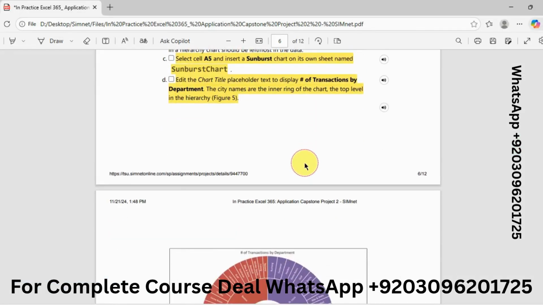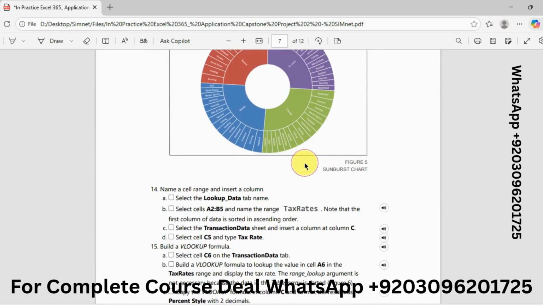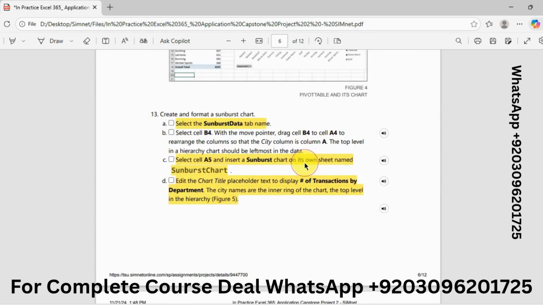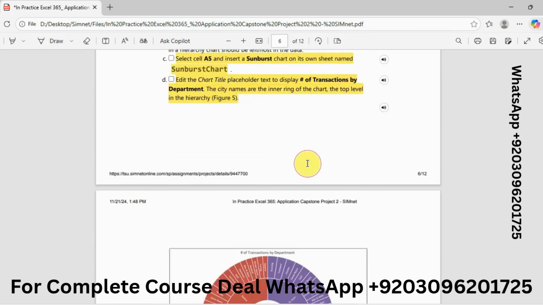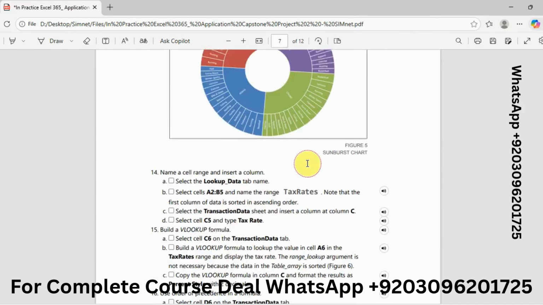Okay, wait. Yeah, okay. Select cell A5, insert a sunburst chart on its own sheet named.